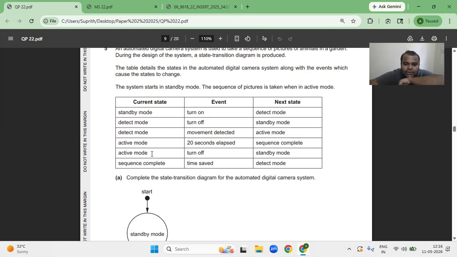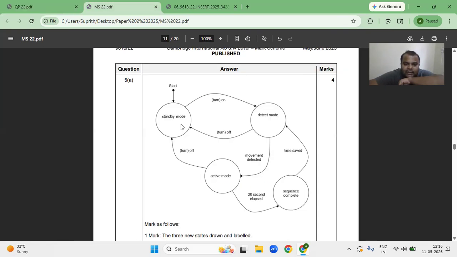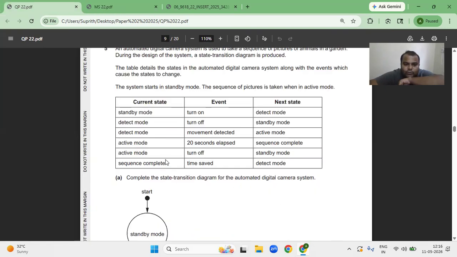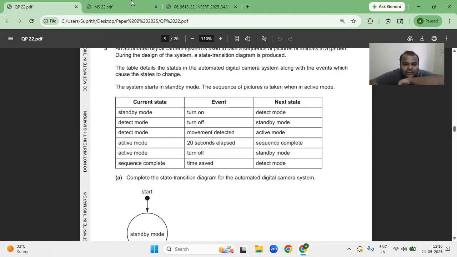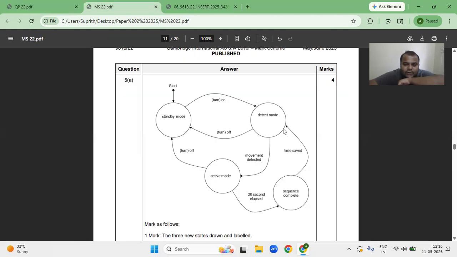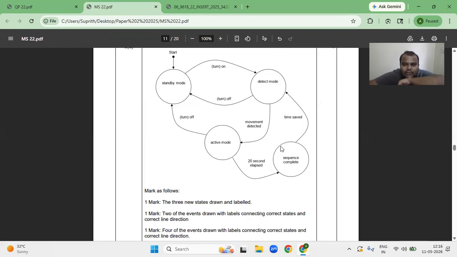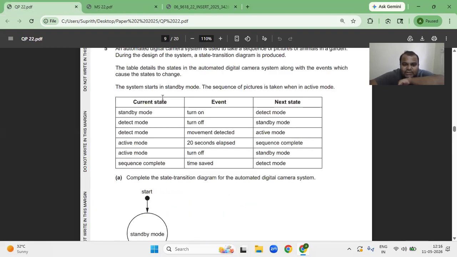Okay. Next, active mode, turn off. It will go to standby. Active mode, turn off, standby mode. Where is active mode? If it is turned off, where will it go? It will go to standby. If the sequence complete time is saved, where will it go? Detect mode. You can write according to the current state, next state, and what is the event. You should write the